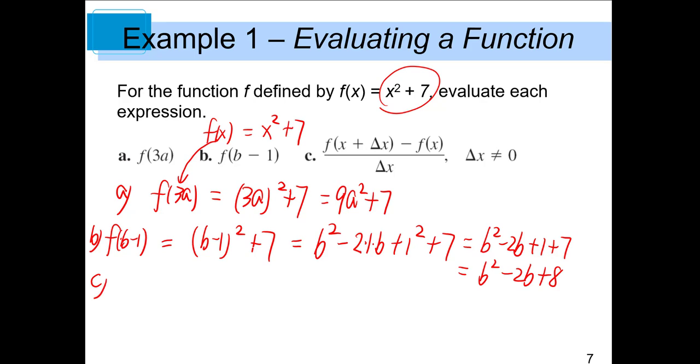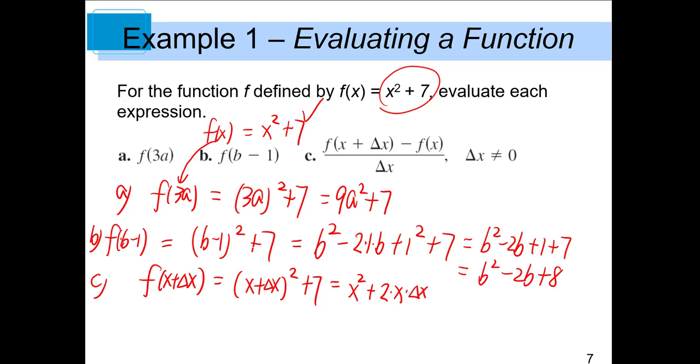Part C. So we'll call this the difference quotient. We have f of x given, and then we need to know what is f of x plus delta x. So in the original notation, we're going to replace x with x plus delta x. So it will be x plus delta x squared plus 7. When we expand it, we get x squared plus 2 times x times delta x plus delta x squared